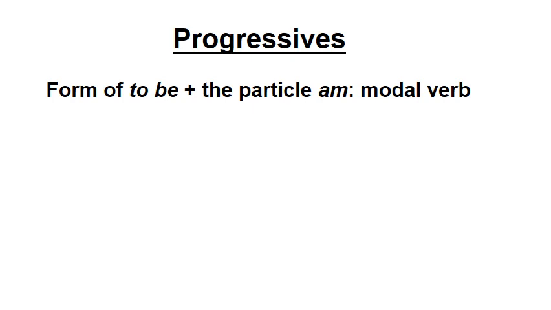And the way you emphasize the progressive aspect, an action that's going on right then, is you use a form of the verb to be, right? That's sei gewest, or the present tense would be ich bin, du bist. The past tense we just learned, ich war, du warst. And then you combine it with this little verbal particle am, its own separate word. And this kind of creates a modal verb, or at the very least, it creates a construction that's similar to the modal verbs. In other words, it's going to take an infinitive. An infinitive, as we know, goes to the end.